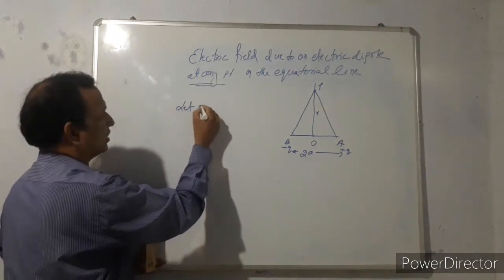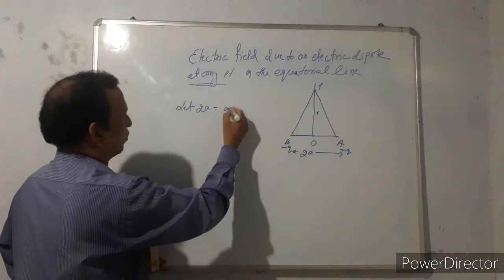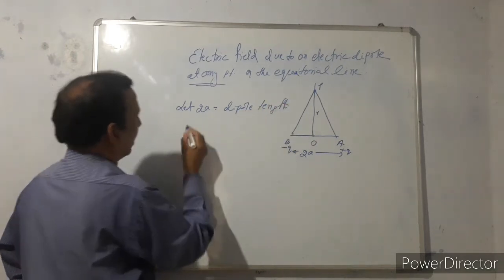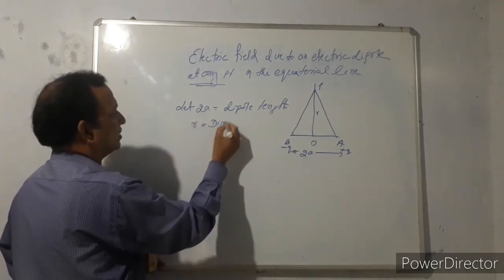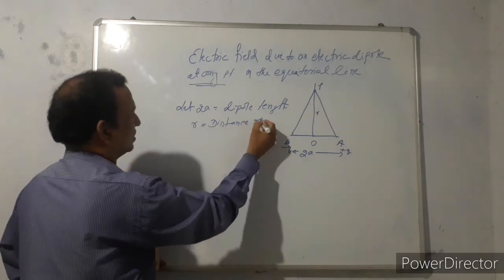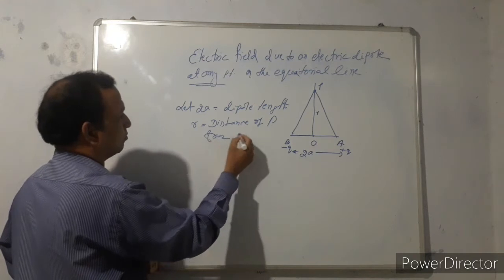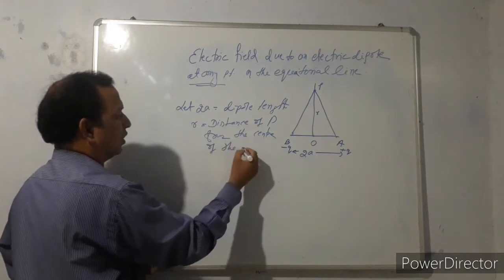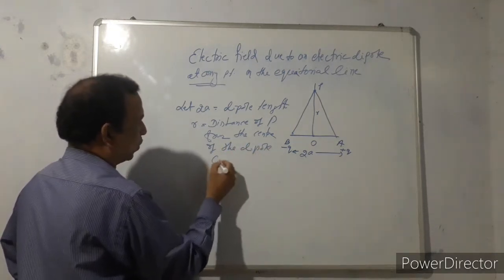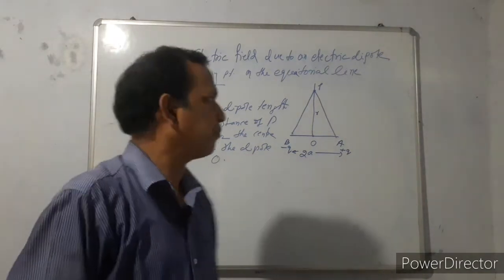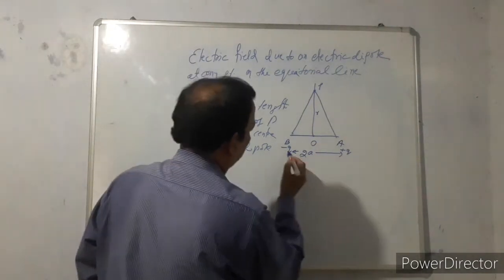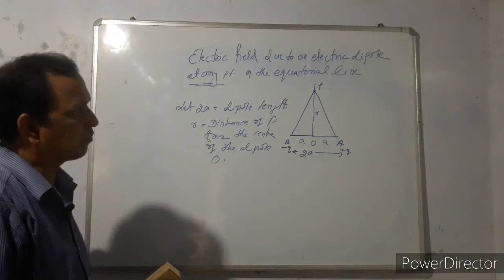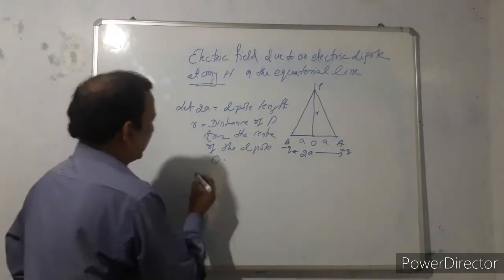So let 2A be the dipole length, and R the distance of P from the center of the dipole O. If this is 2A, then OA is A, OB is also A. Clear? Now join AP